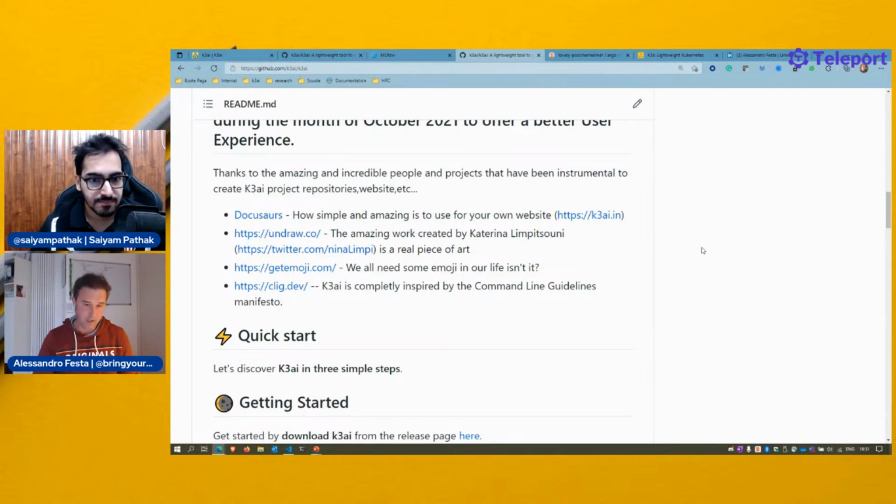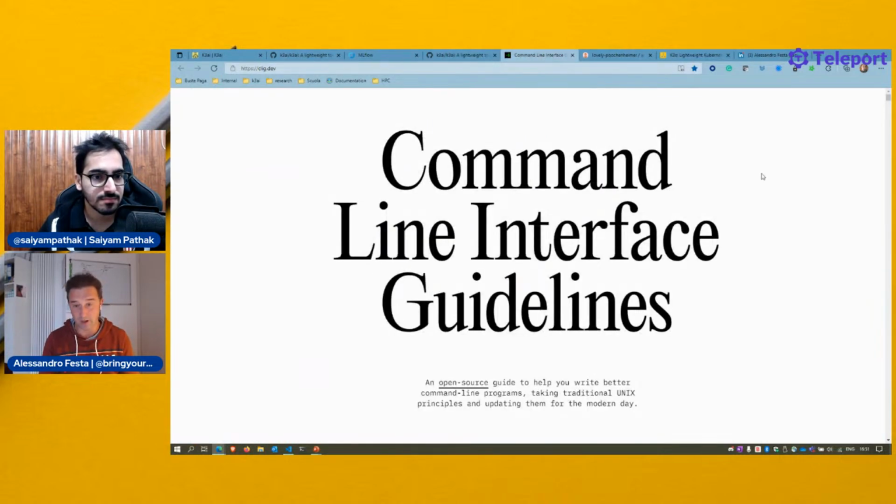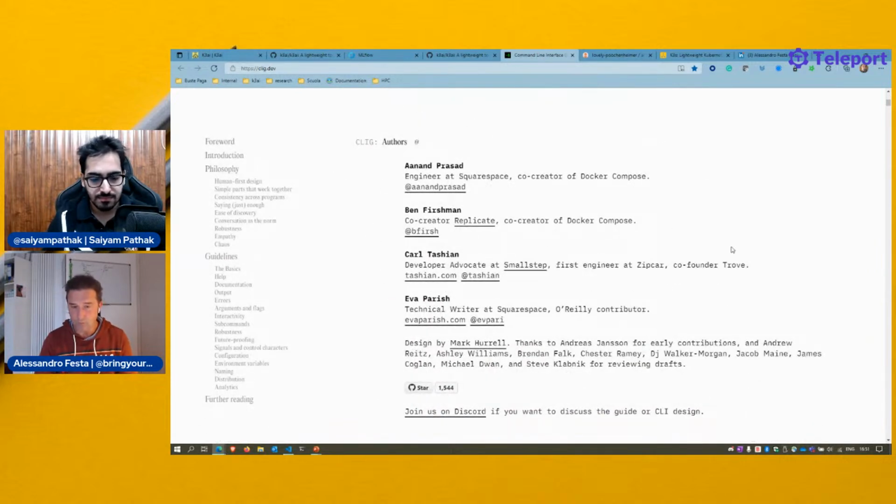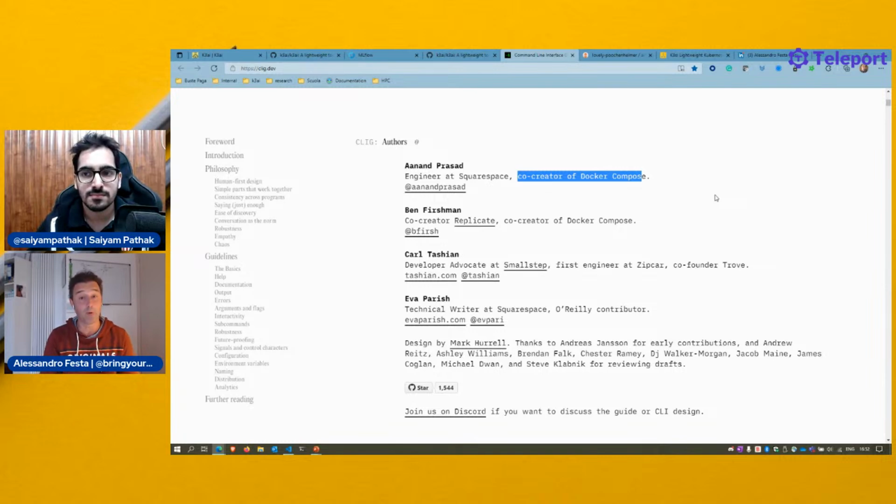While researching that, I stumbled on this amazing website, Command Line Interface Guidelines, an open source project written by a bunch of great people, two of whom are co-creators of Docker Compose.